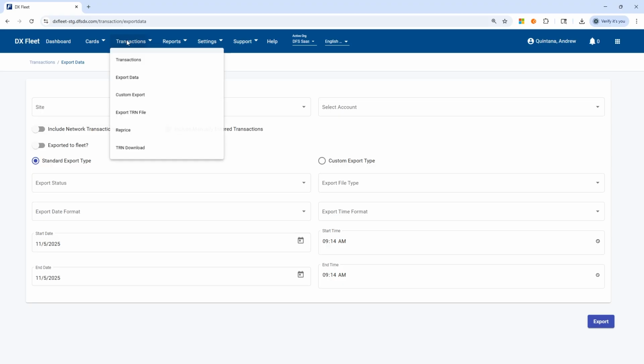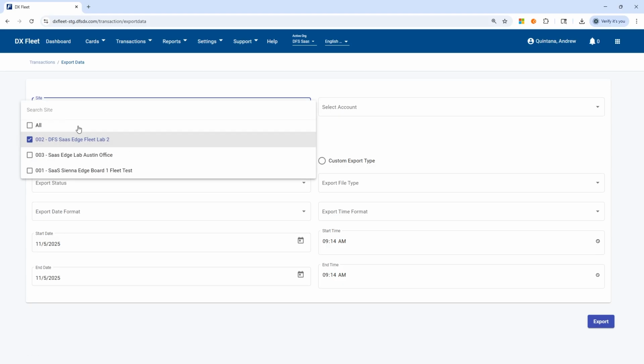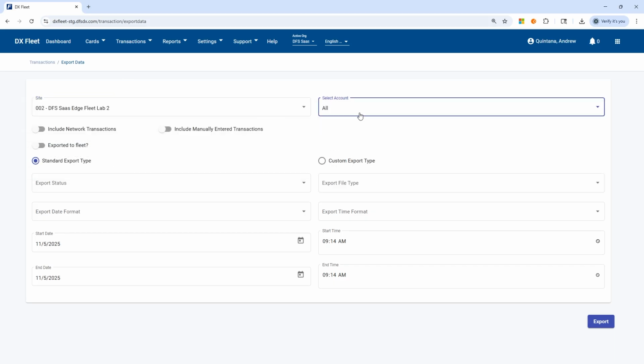And so under transactions, export data, here's where we would go to get the data out of DX Fleet. There's a site selection. What accounts do you want to export? Are you going to export network transactions? Now, I do dive into all these options a little bit further in another tutorial, but for now, we're just